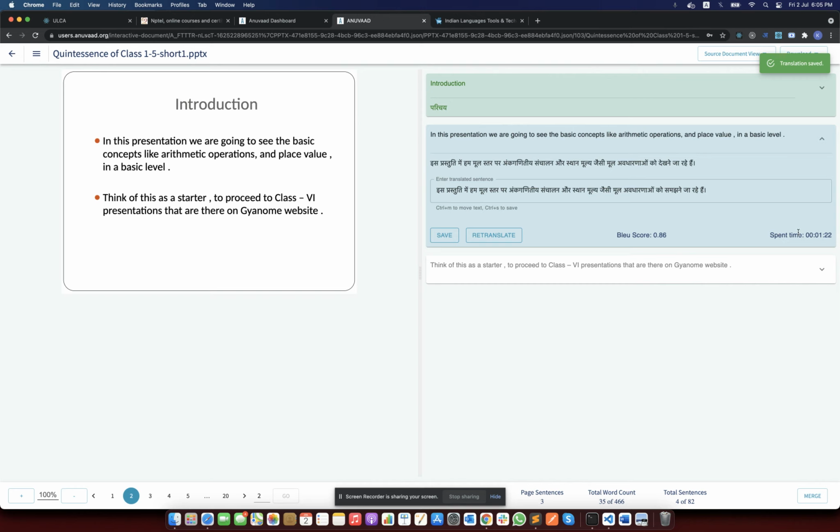Typically, we also try to capture how much time I as a translator have spent on this particular sentence to translate it. All these parameters are used to fine tune and capture the system performance.